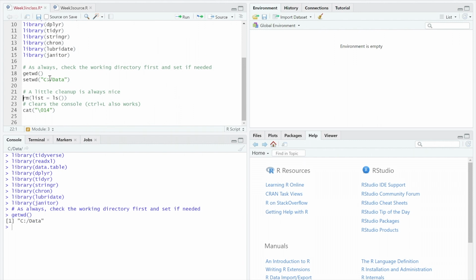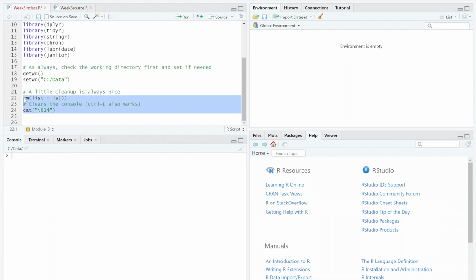A little environmental cleanup is always a nice practice. And there we go. After all this housekeeping, let's start with a simple text string, which is not in an ideal form. Anyone who took a programming course probably remembers the text string hello world. Let's type it